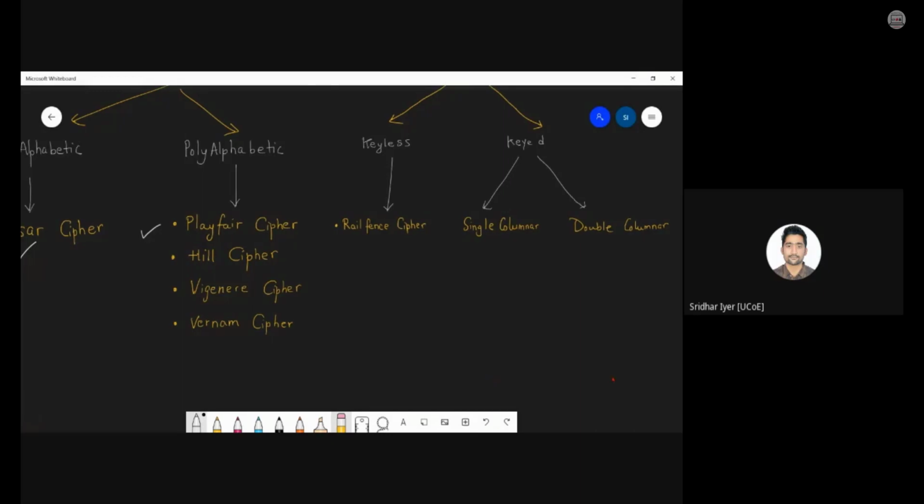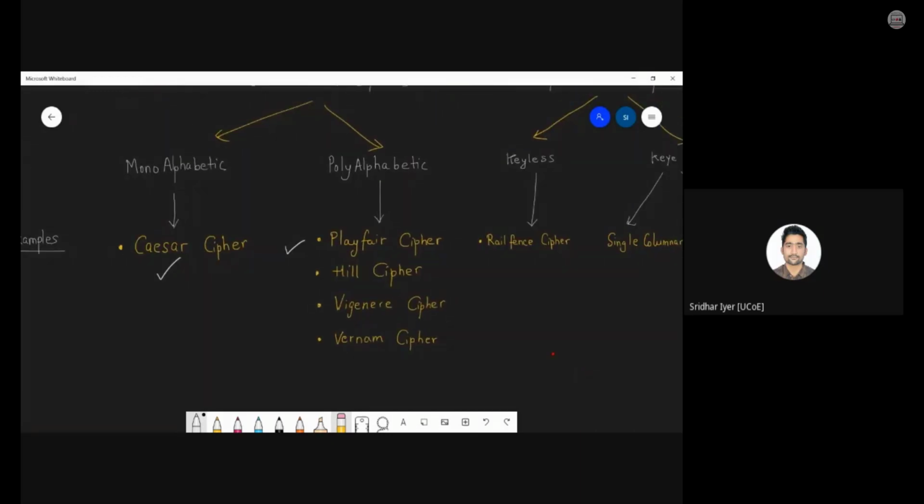As simple as that. Whereas in case of polyalphabetic ciphers, we saw that in the case of Playfair ciphers, there could be pairs of characters. That is, number of characters more than one. So in the case of Playfair cipher, there is a pair of characters that are combined together and then they are being replaced by some other pairs. Right. So that is what we call a polyalphabetic cipher. Any operation involving more than one character falls under polyalphabetic cipher. So we already saw what is Playfair.